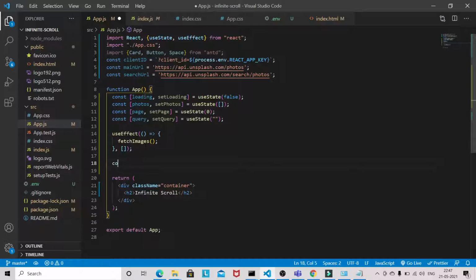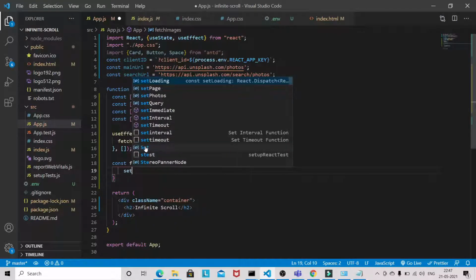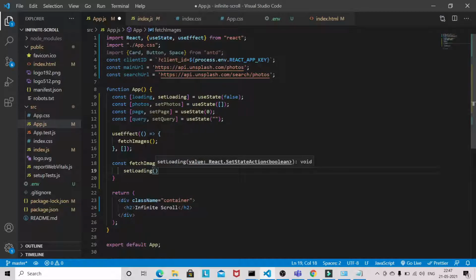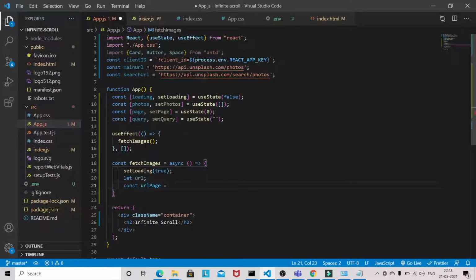So const fetchImages, setLoading, let URL, const urlPage.